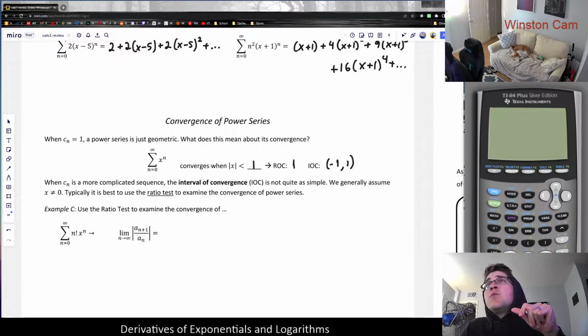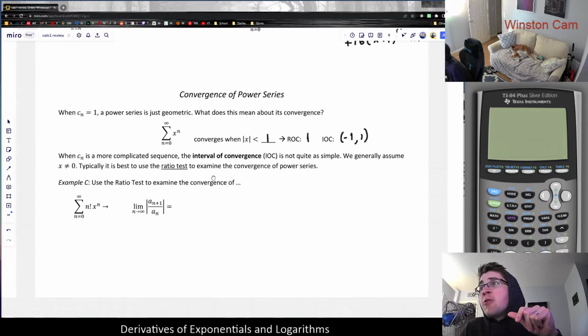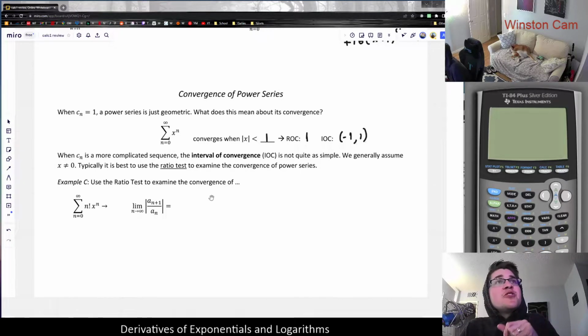In this video, we will determine the interval and radius of convergence of a couple examples from our packet. So let's get into the first example, example C. I've named these examples C because I believe I referenced them later in the packet. But let's say we wanted to know, okay, here we have the power series n factorial times x to the